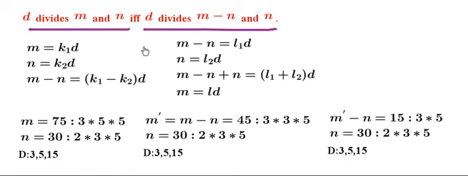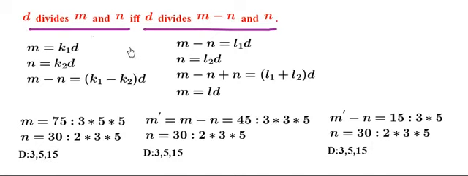So now let's consider one example in order to understand how this particular lemma is useful with respect to the greatest common divisor. So let's say the given pair of integers is nothing but 75 and 30, and now I have listed down all the common divisors, and I have not considered the trivial divisor 1. So now the common divisors are 3, 5 and 15. Since 3 divides 30 as well as 75, 5 also divides 30 and 75, 15 divides 30 as well as 75. So this capital D is nothing but the list of common divisors.